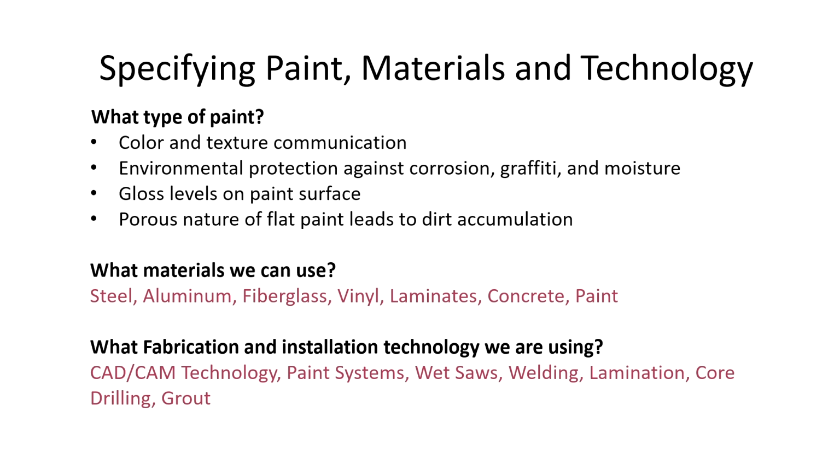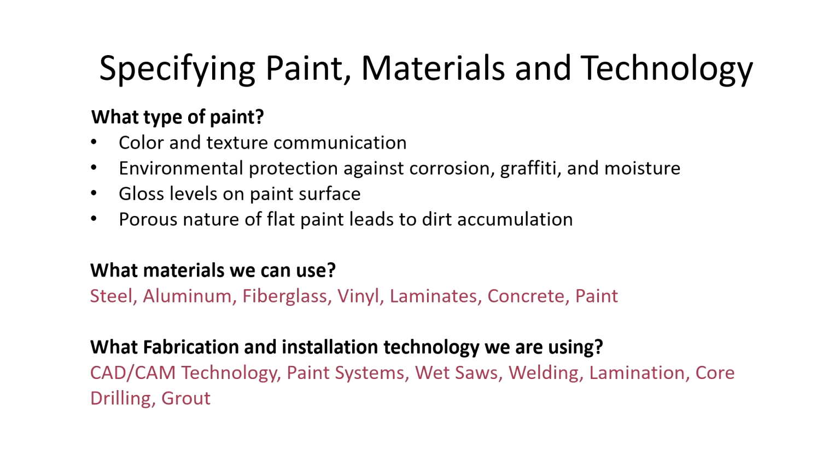Okay. We also need to see the materials we use in this signage project, including steel, aluminum, fiberglass, vinyl, laminates or concrete, paint. The fabrication and installation technology play a critical role. This also needs to be decided, that is, what technology we are going to use in this. Many of the technologies we have covered, but here are some which we have not covered. So, the CAD/CAM technology, which enables planning and execution of the signage fabrication,